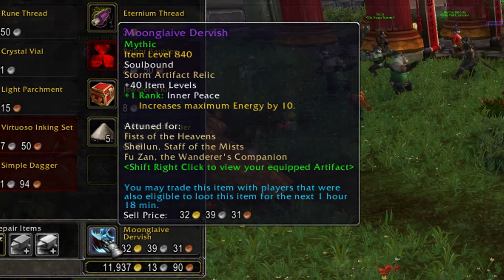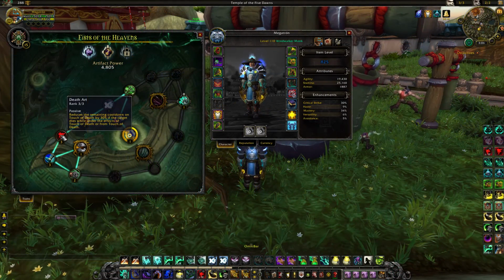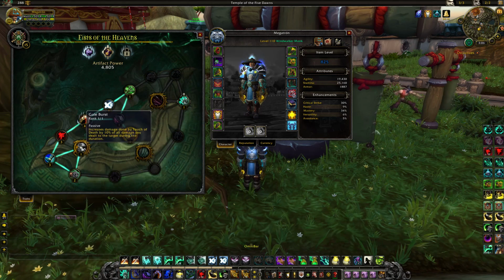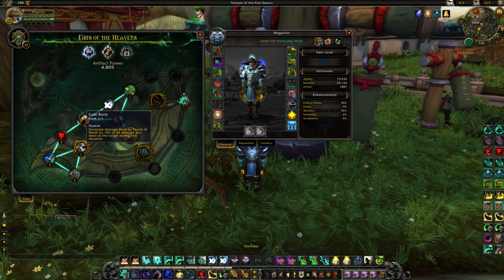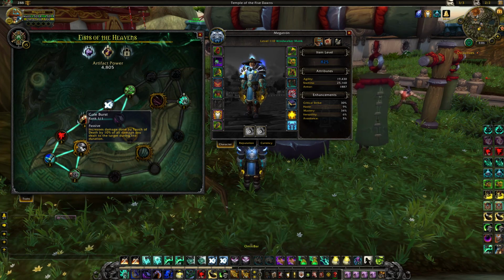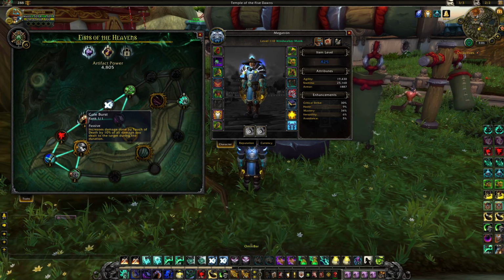Anyways, Death Art reduces the remaining cooldown of Touch of Death by 30% if the target dies while under the effect. Okay, cool. Increases your dodge chance. This is very important right here. Gale Burst. So I'll show you guys my burst rotation in a second here. Increases the damage done by Touch of Death by 10% of all the damage you dealt to the target during